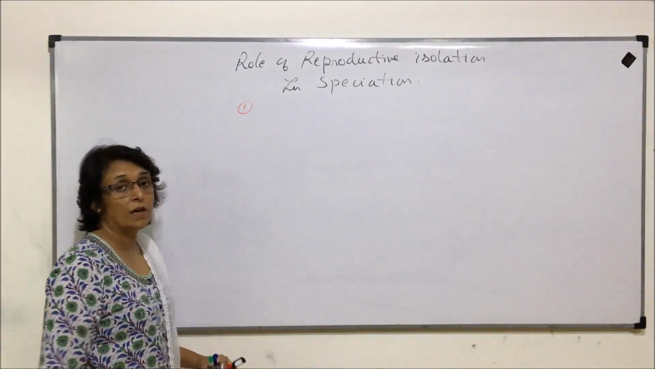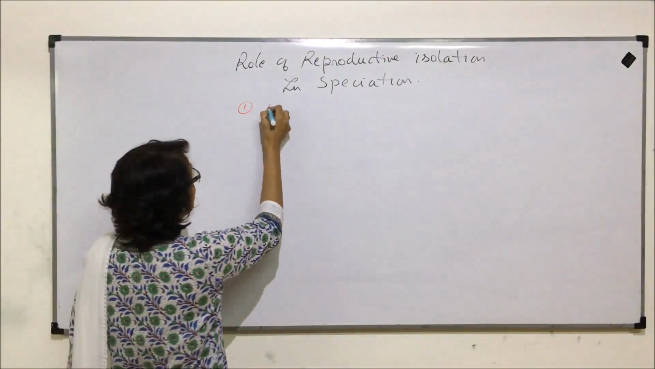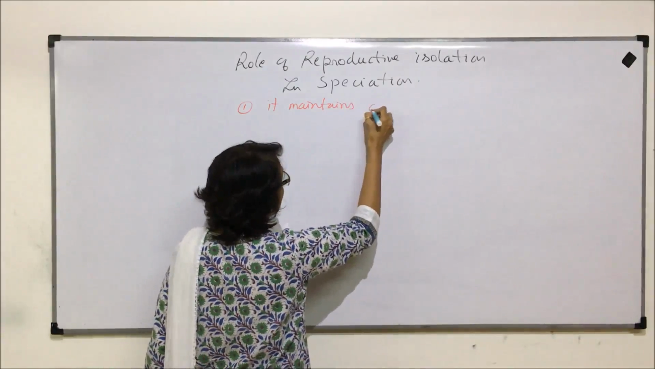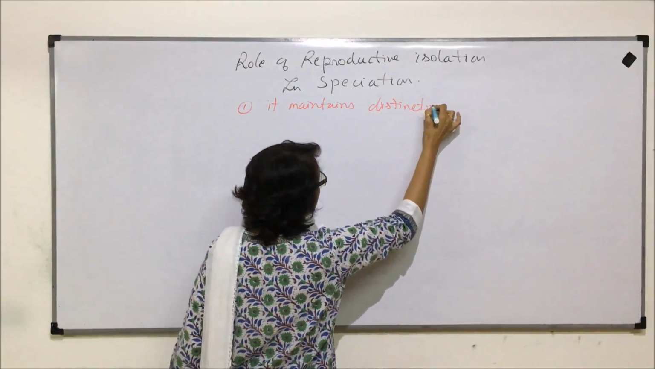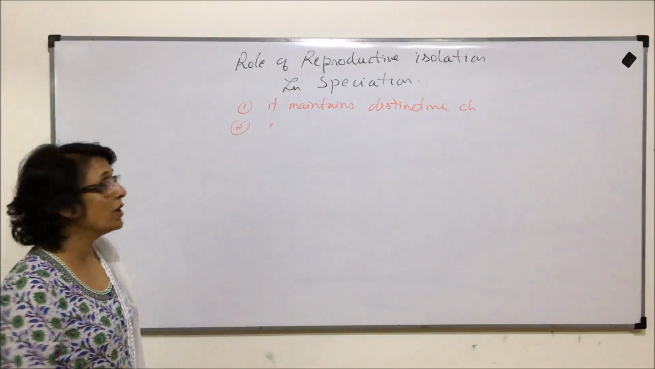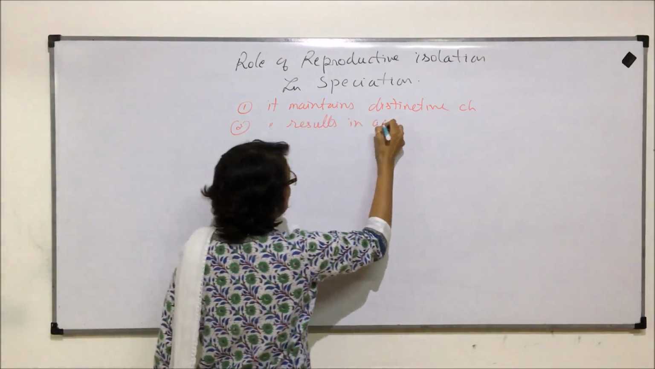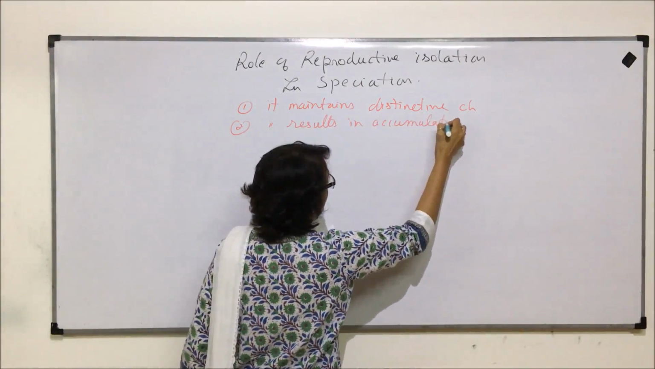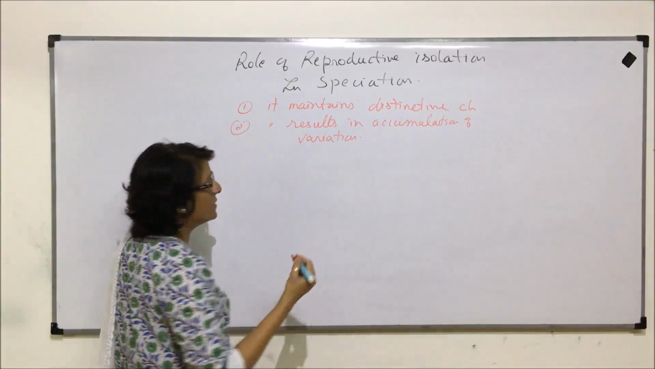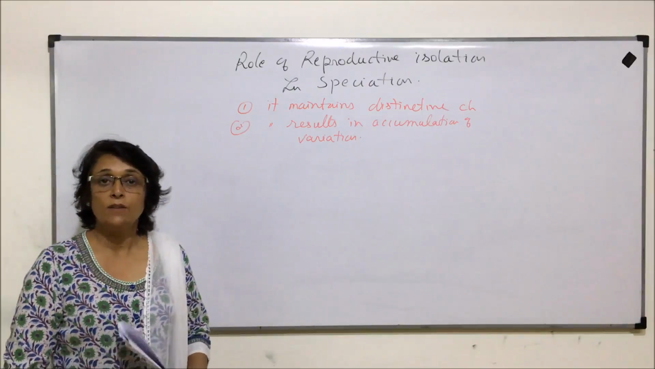The first important point which this isolation does is it maintains distinctive characters, and second, it also results in accumulation of variations. Now these are the two main reasons why this reproductive isolation is considered very, very important in the process of